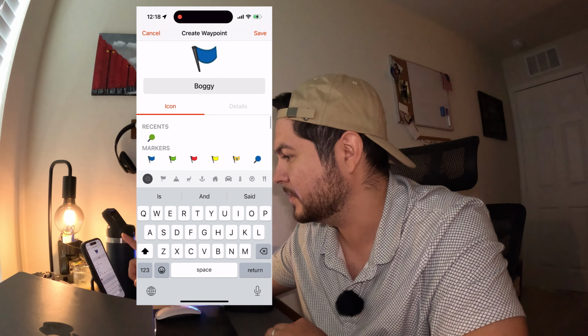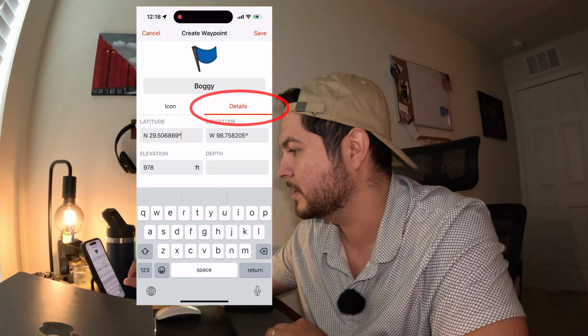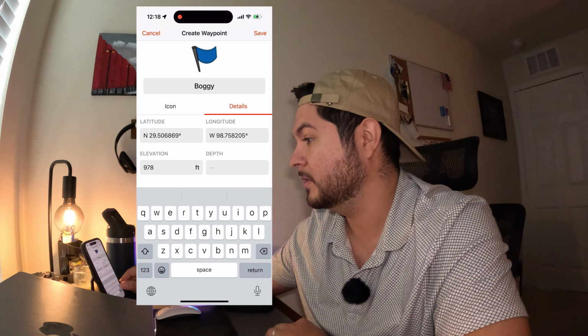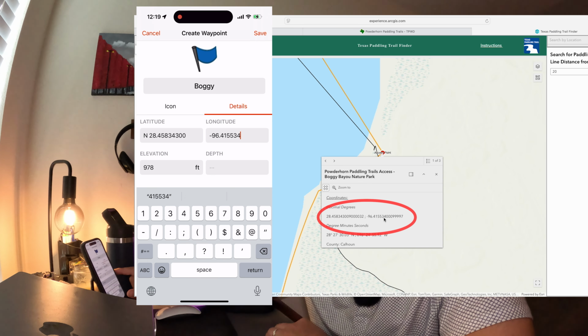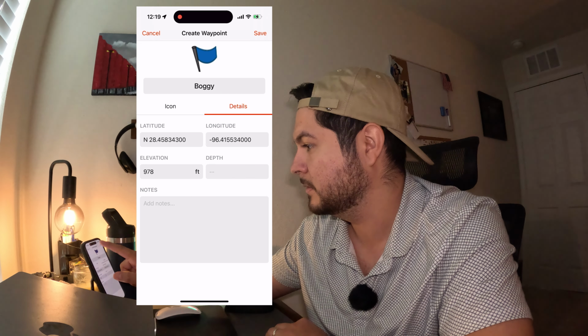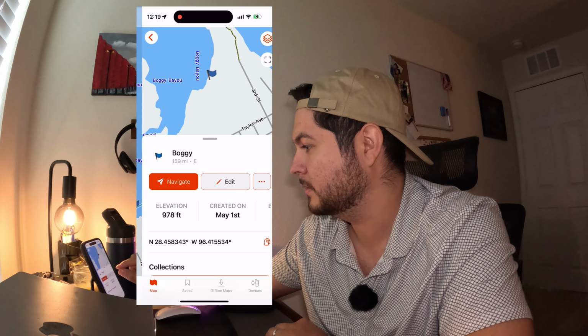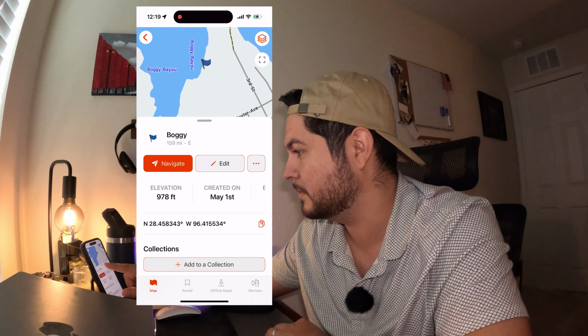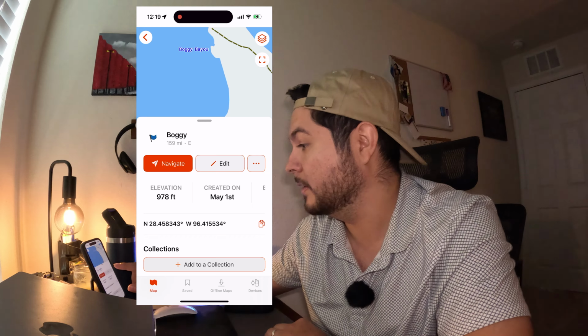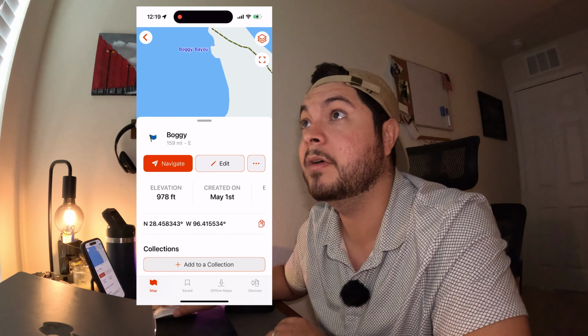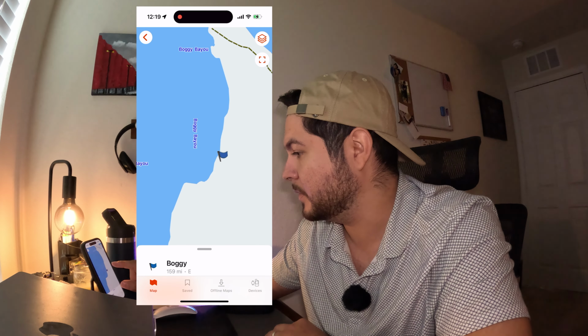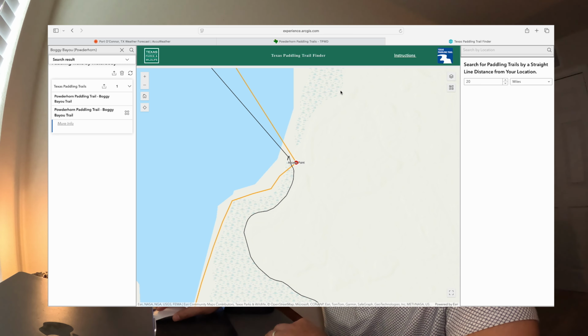whatever you want to call it. There's all these little markers, but then this is where you plug in the coordinates. You can plug in those decimal degrees. Let's see what it says. Yep. So now this is a new one. It just says Boggy, and it looks like the coordinates are accurate. Okay. So we'll create that access point waypoint, and then we're going to go back to this trail finder,